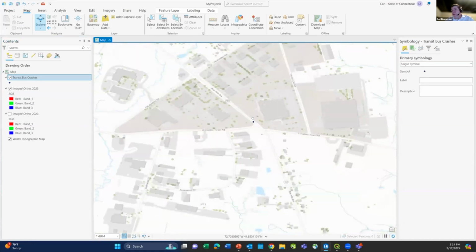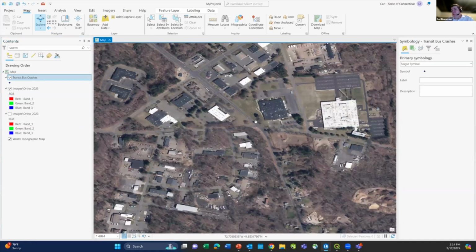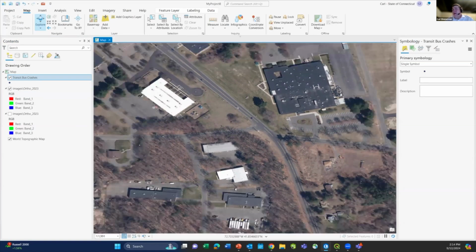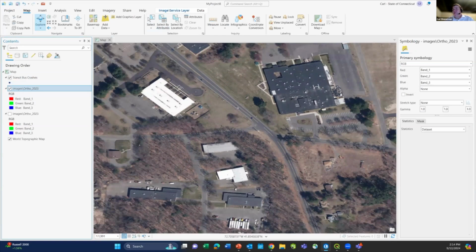This happens to be transportation crashes. Here's one in Bloomfield, which I know is a nasty stretch of road. So this validates the position of the crash on 187 in Bloomfield. So that's pretty straightforward. And let me just quickly show you the image service. You select your